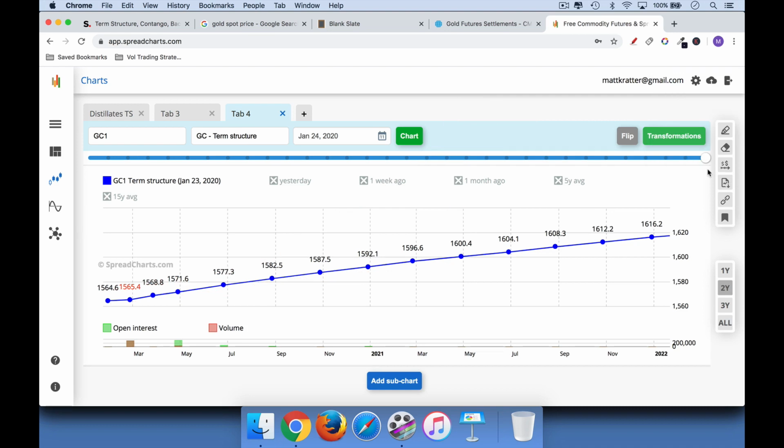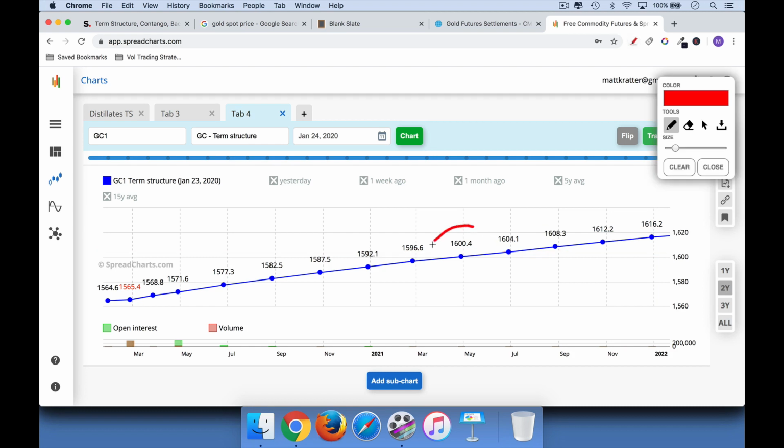So this is the market's best guess of where future prices are going to be, but the market can be wrong. And if the market's wrong, if, for example, gold is not going to be 1,600 next year, but it's going to be 2,000, then there's room for arbitrage. You can buy the long-dated gold futures. You can buy the near-term futures and keep rolling them. But there's only opportunity if there's a mispricing.